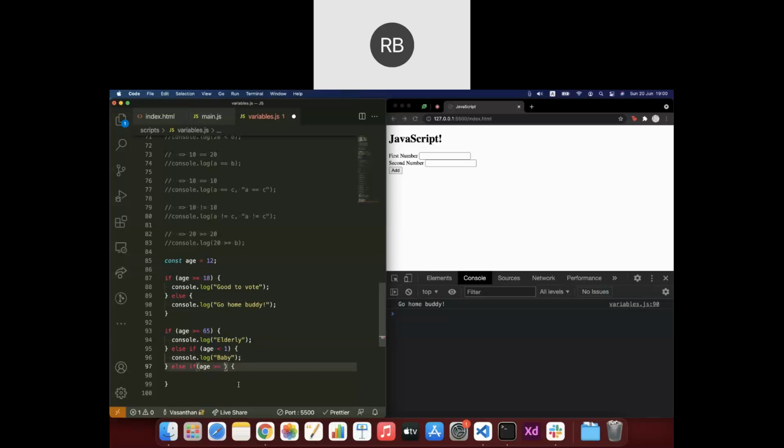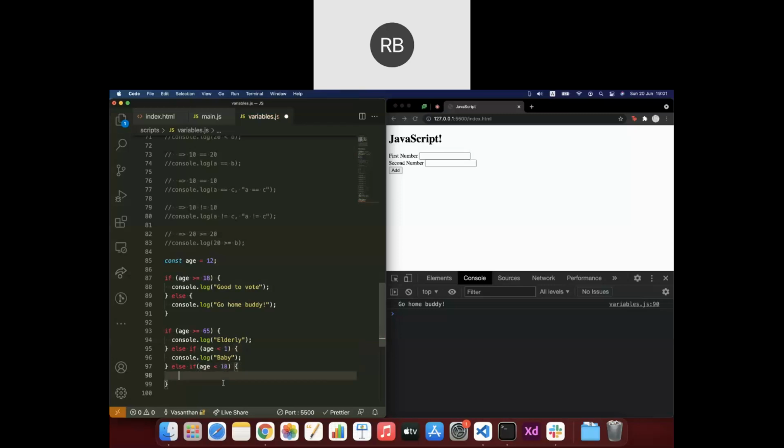So now what we are going to see is, here we have the values, either they are less than something or greater than something. This worked for 1 and 65 because they are at the extremes. But for the next condition we are going to check if some value is between a certain range. Let's say we cannot use the values under 1 here, because we cannot check if age is less than